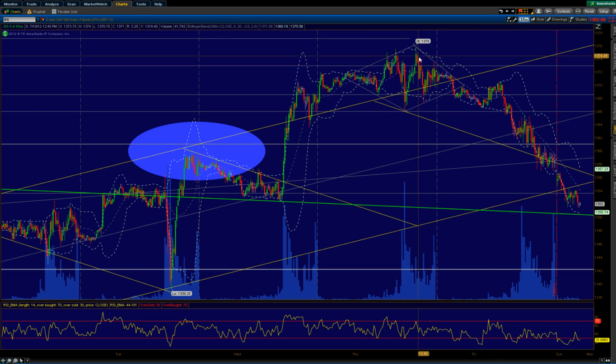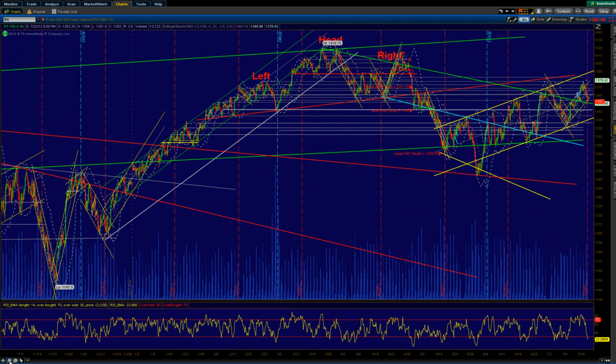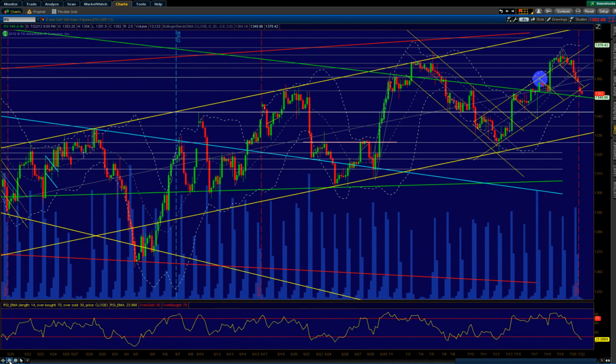I don't know, because I don't really play them that much, but when it did break the pattern here, it did come back and back test to the downside, and then that's pretty much where we went. So it made me take note of that pattern, and I'll keep an eye out for those types of patterns and see if we get some consistency with that. But